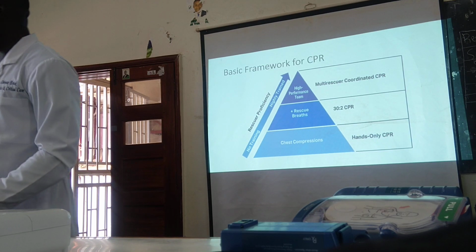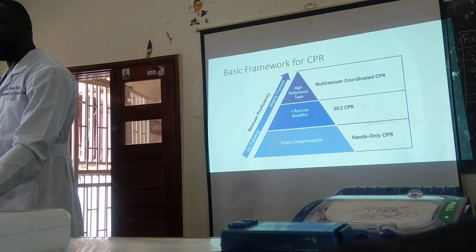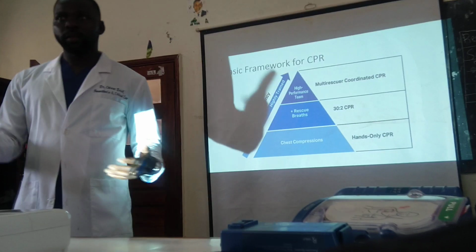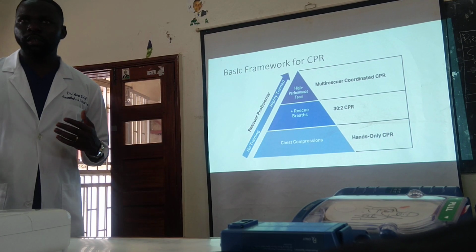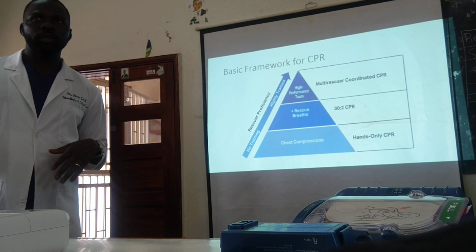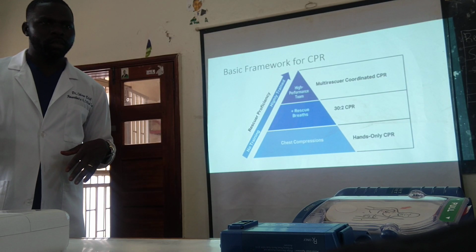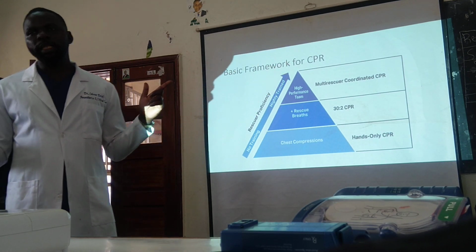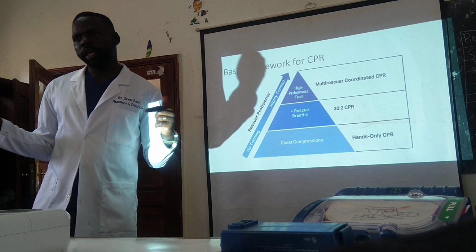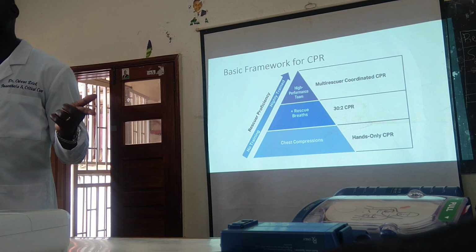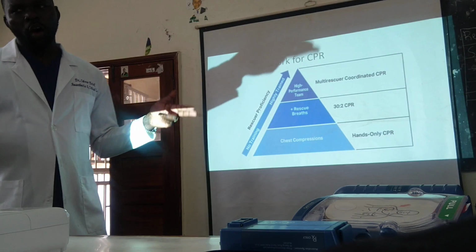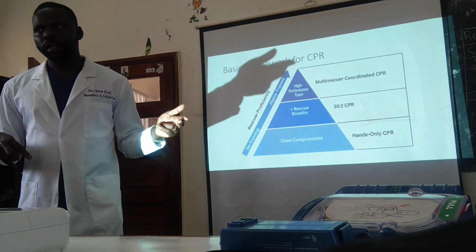In your small hospitals, if you're the unit head or the medical superintendent, or the DHO, you have to make sure this documentation is done so that when you come to data review, in a year, how many CPRs did we have? Maybe 80. Out of the 80, how many survived? How many died? Out of the 80, how many got complications? How many did not?